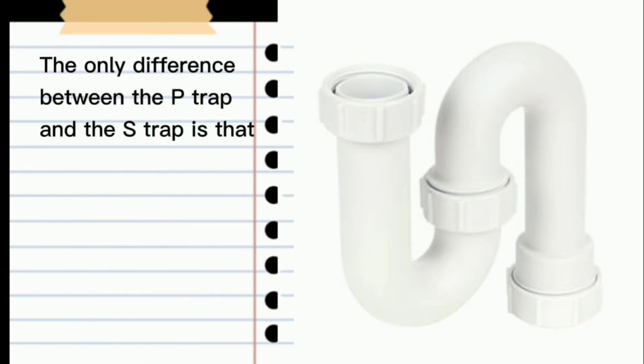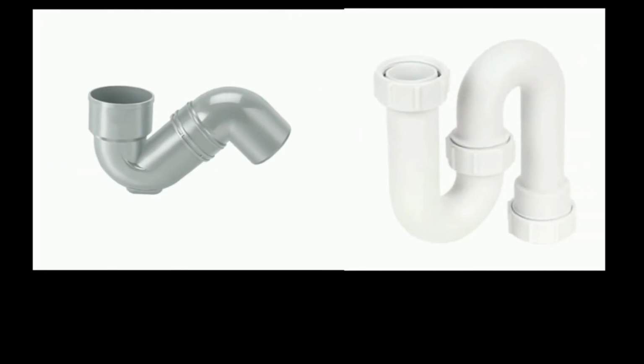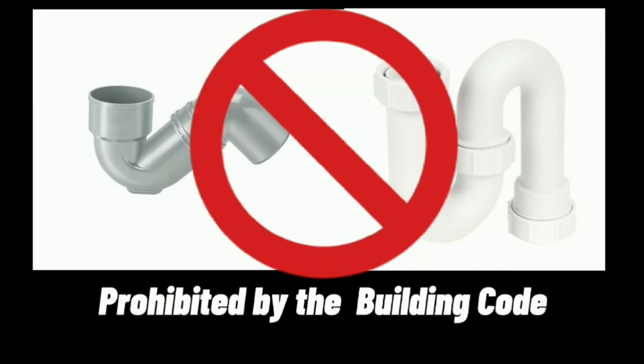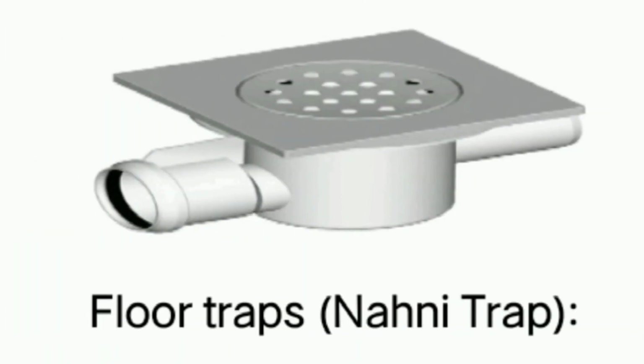The only difference between the P-trap and the S-trap is that the P-trap is used for an outlet through the wall, whereas S-trap is used for an outlet through the floor. However, these two types of traps, the Q-trap and the S-trap, can easily be siphonaged, so they are prohibited by the building code. We have other types of traps based on use: floor traps or nanny traps, running trap, galley traps, straight-through trap,